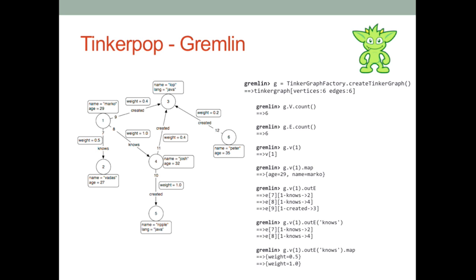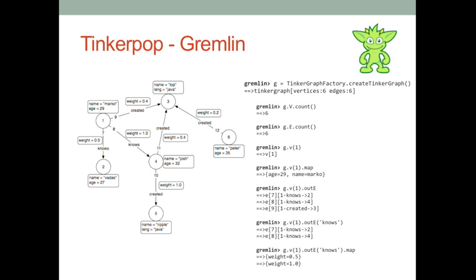All right, so you can do vertex counts, right? You can do edge counts, just walking down here. There's g.v, and I feed it the primary ID of the vertex, and it will go grab that particular one for me. But it doesn't return all the properties, it just returns essentially a reference to it. So if I want to explode that and grab the properties, I have to do that .map command after it. And then you start getting into, under every vertex, there's outE and inE.